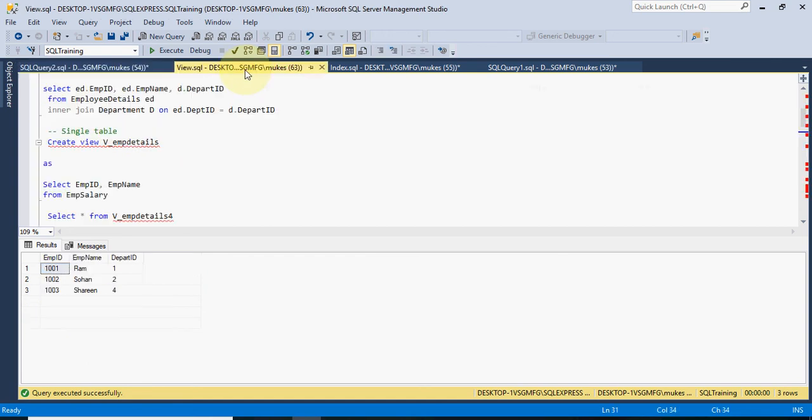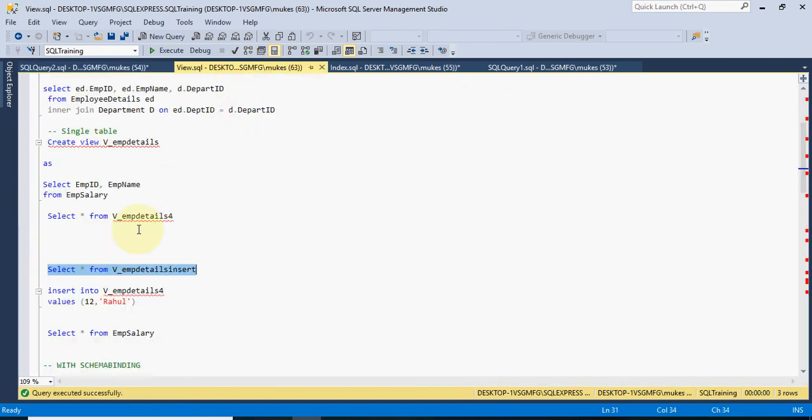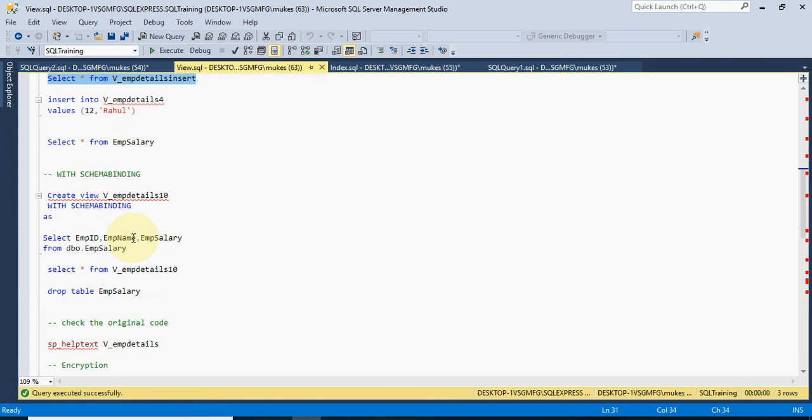So to prevent this, we have schema binding in the view.